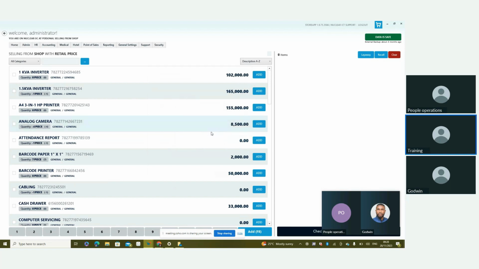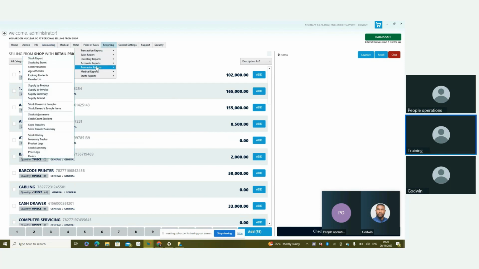Now, this sale has been conducted. This is an operation; I've carried out a sales operation. Now, what StoreApp will do is that behind the scenes, StoreApp will go and do the regular posting. It's going to post into the accounts automatically by itself. So it means that I don't have to go to that account and debit the account and then credit sales. Automatically, StoreApp will do it. So if I go check my report now,